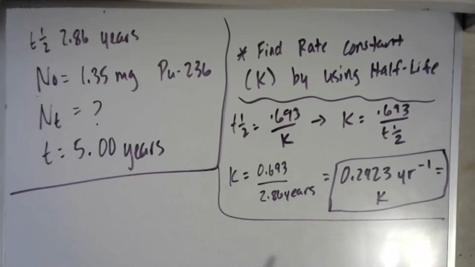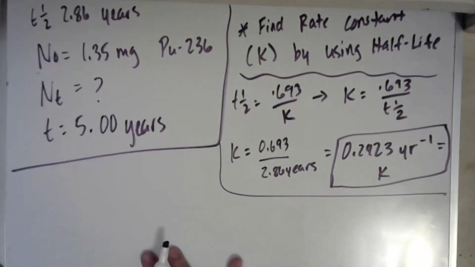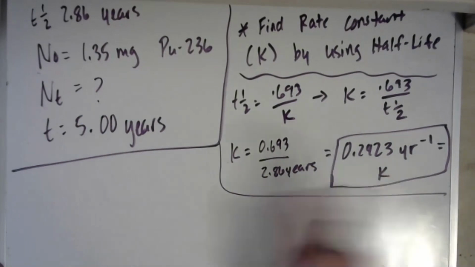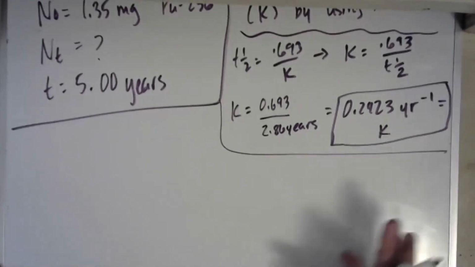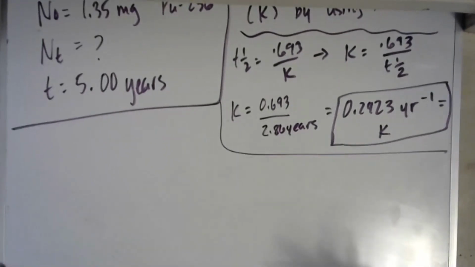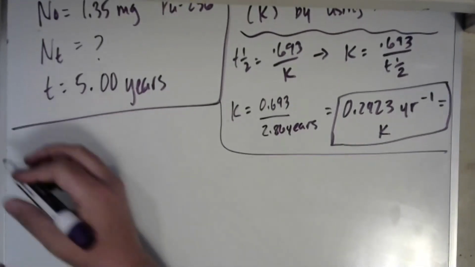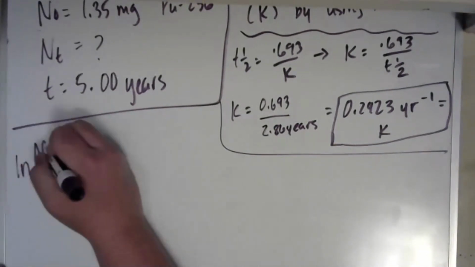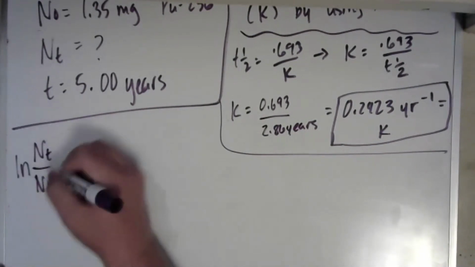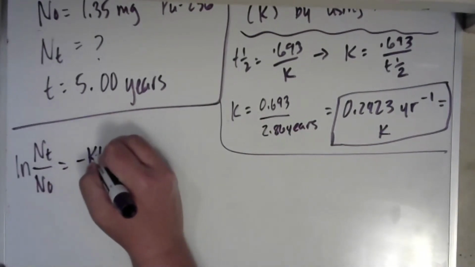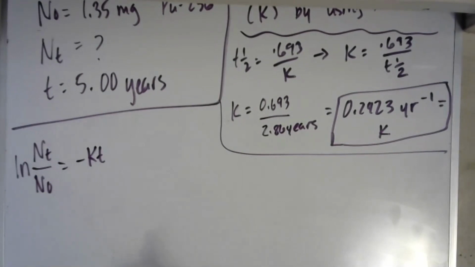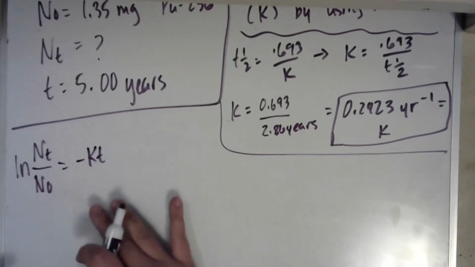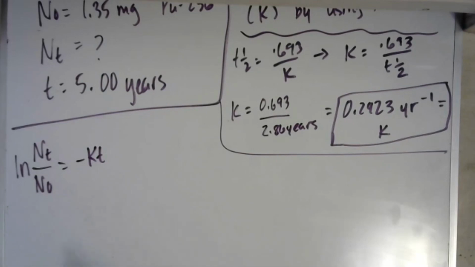Once we have that K value, now we can do the integrated rate law. And I wrote the integrated rate law for you. I wrote one version of it in my last writing on the whiteboard. I'm going to write it a little bit differently here because both types of equations are correct. In this version, I have ln of nt over n0 equals minus kt. It honestly just depends on what values you have as to what version of the integrated rate law you want